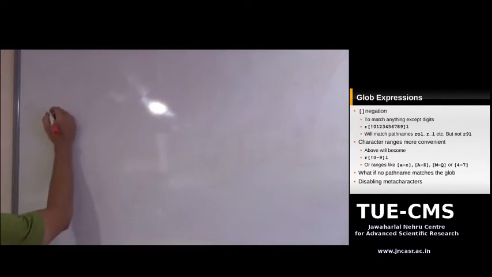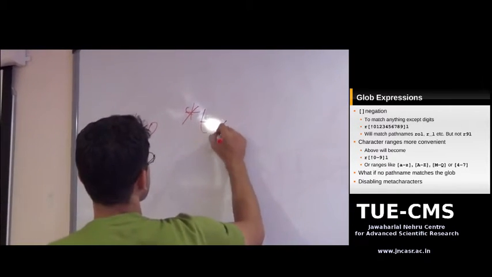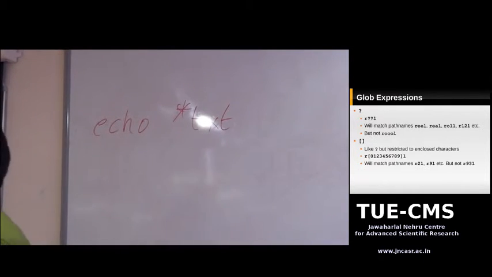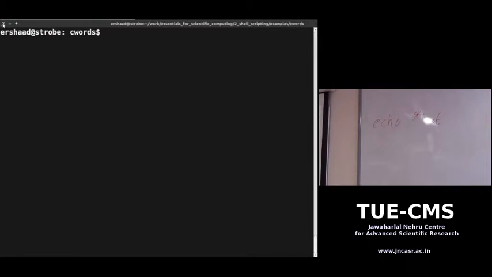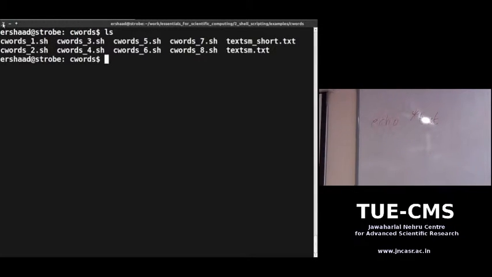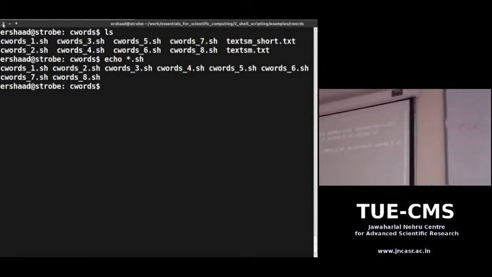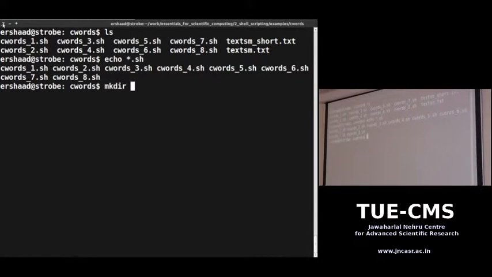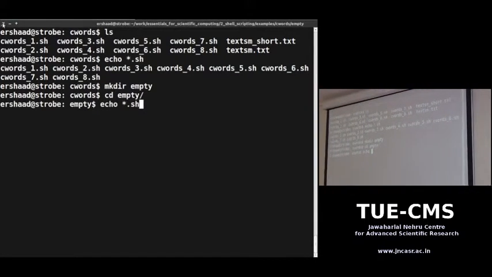So if you typed echo star.txt in the directory which I showed you earlier, it would print all the files ending with txt. Let's try echo star.sh. Okay, so it's printing the names of all the files ending with sh. Now suppose I made an empty directory and I did echo star.sh.